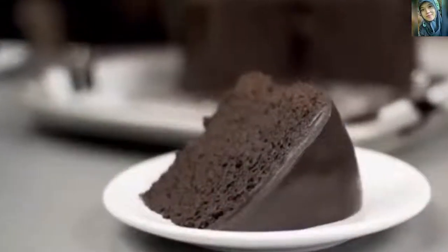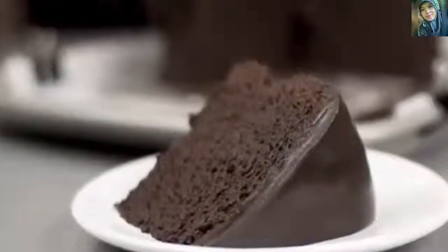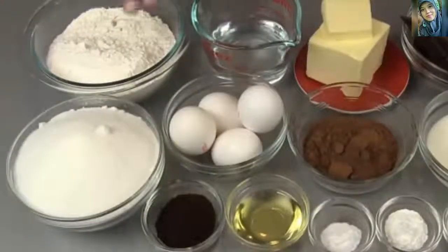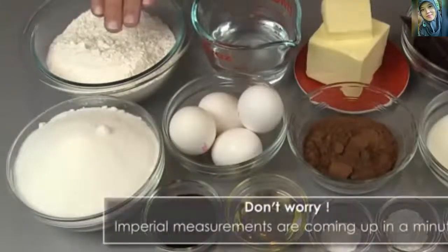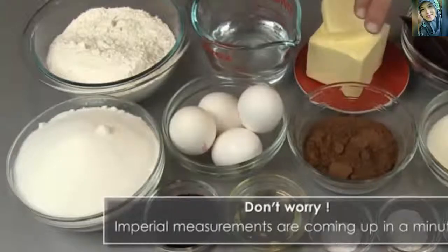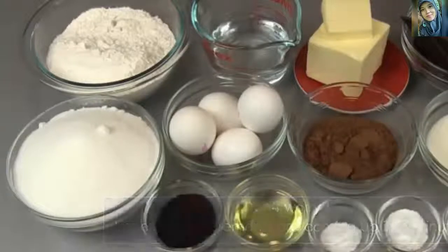Today we're going to be making a really yummy chocolate mud cake, and here are the ingredients that we need. 300 grams of all-purpose flour, 175 milliliters of hot water, 250 grams of unsalted butter, 250 grams of chocolate, and I am using semi-sweet chocolate in this recipe,